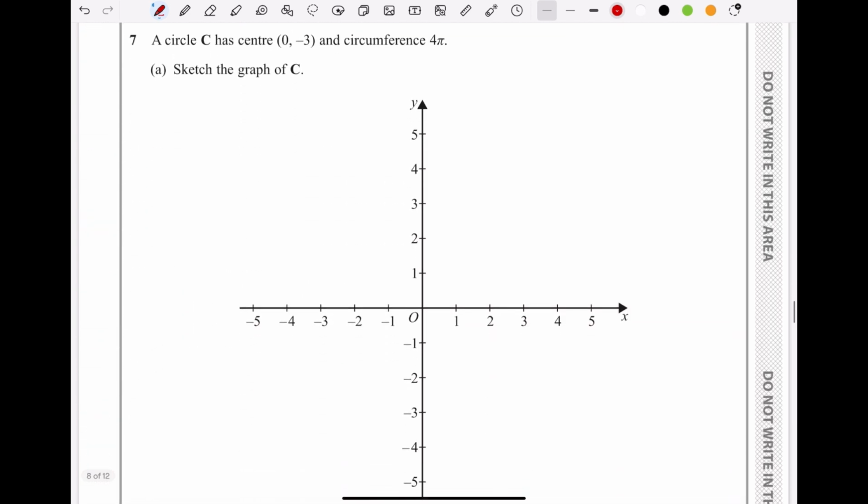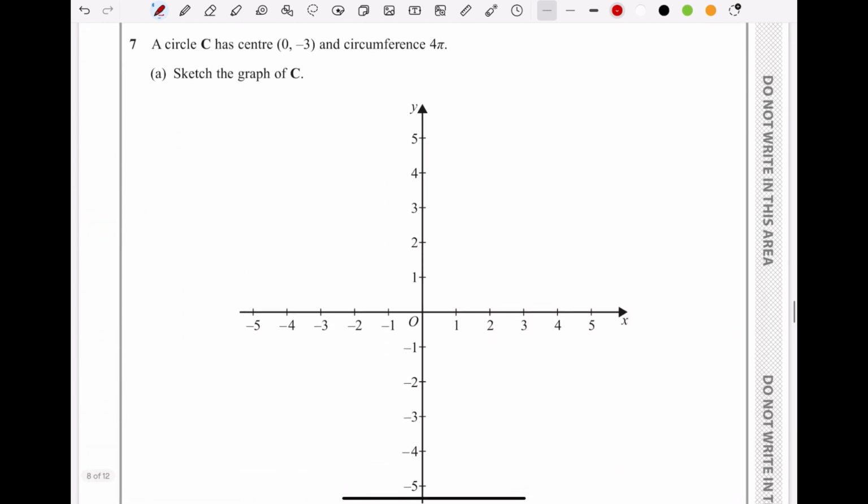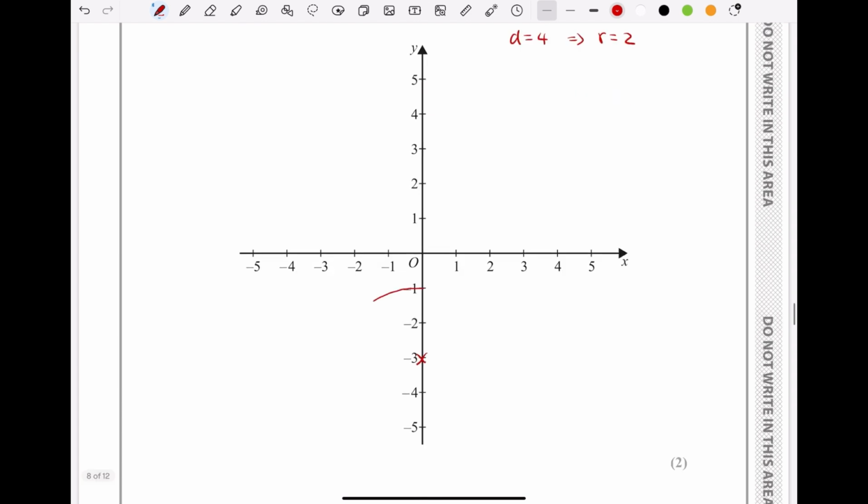In this question, we are told that the circle has a center (0, -3), and the circumference is 4π. Circumference of a circle is πd, which is 4π. Then that means d is going to be 4, therefore the radius is going to be 2. So we can get a sketch of the circle centered at (0, -3) with a radius of 2. Okay, now next